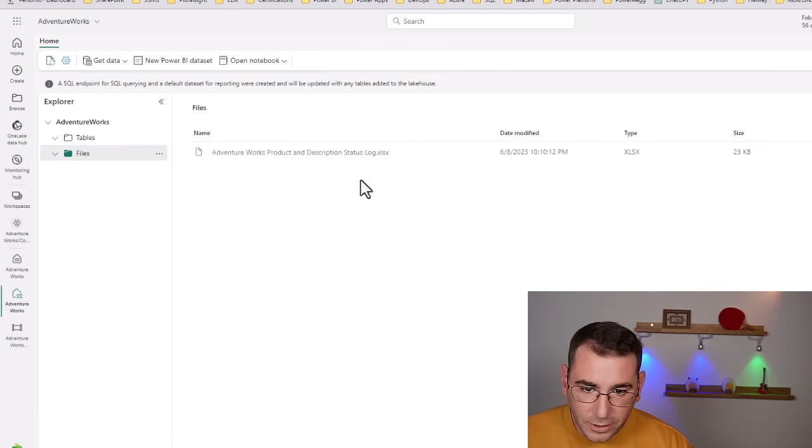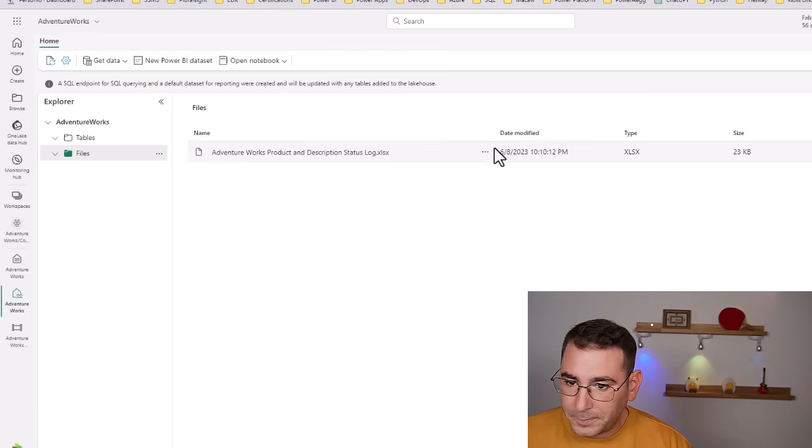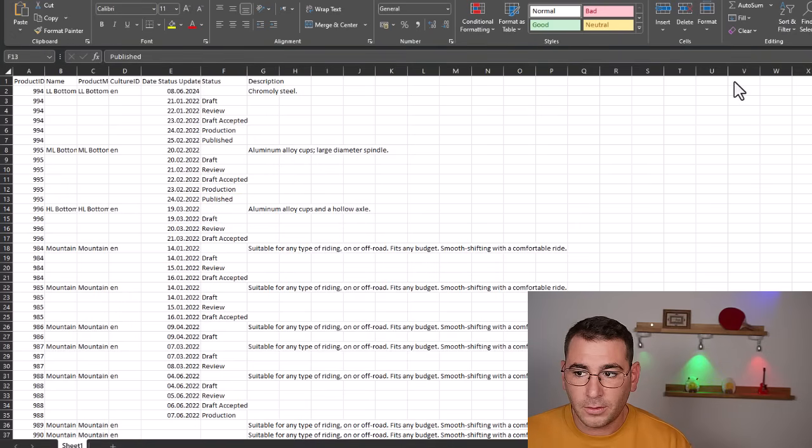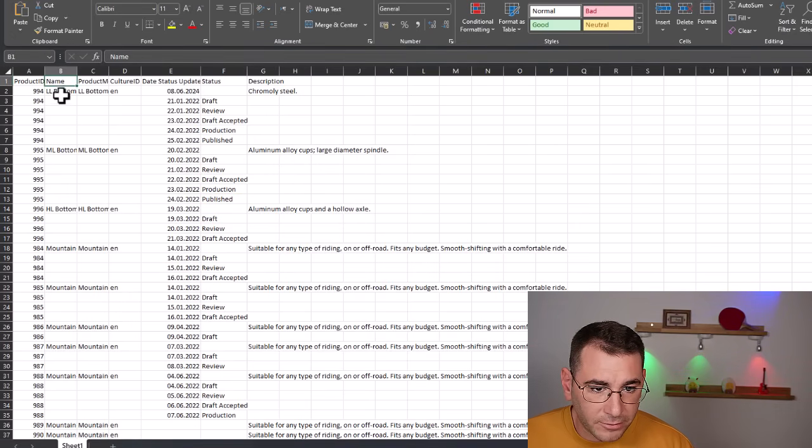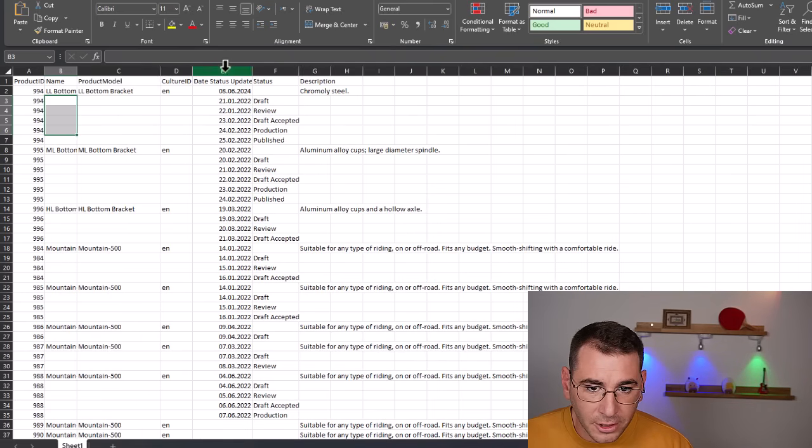Okay, so now we have a pretty clean way of working. We only have the Excel file. And I'm going to show you this Excel file just so you can get an idea of what it looks like. Okay, so this is the Excel file. You can see we have a product ID, we have a name, but the name has some fields missing, as well as the product model, the culture ID,